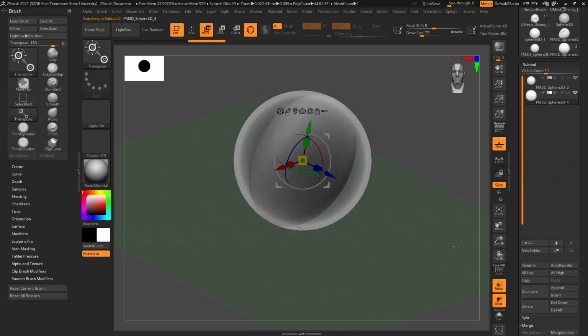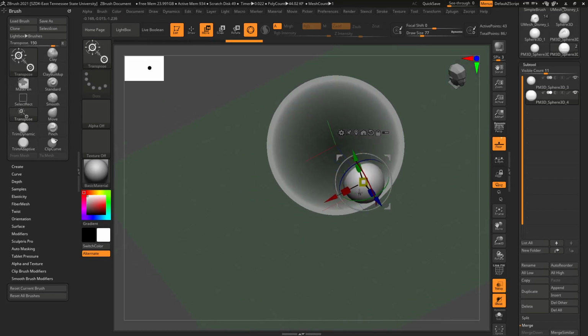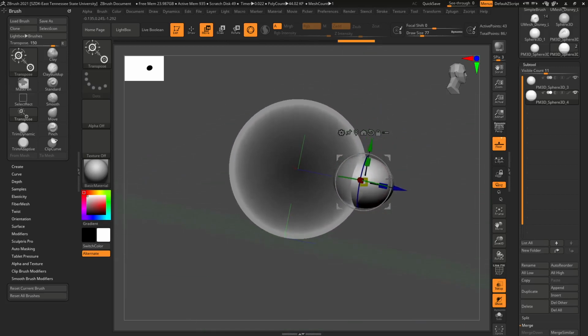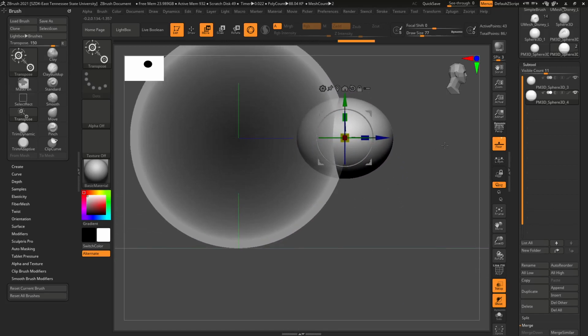If I turn on transparency, you can see, so I kind of form the shape a little bit so that it looked like this. Now, it's flat, right? So let me scale these a little bit more. Here we go. Okay, and then, so now